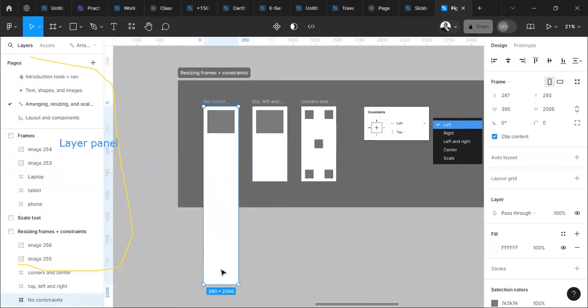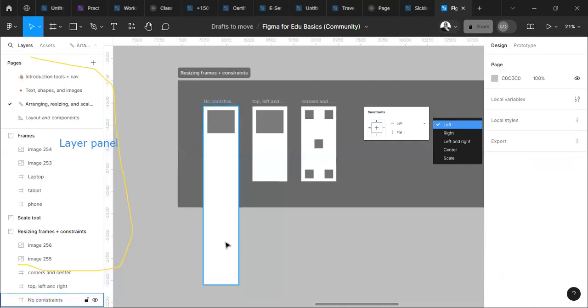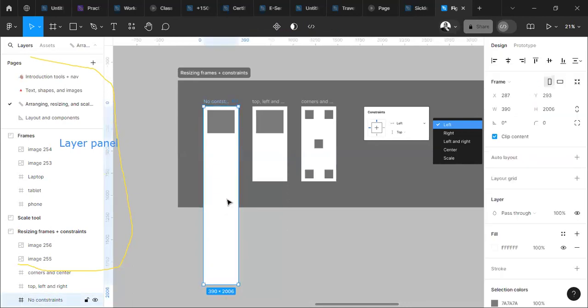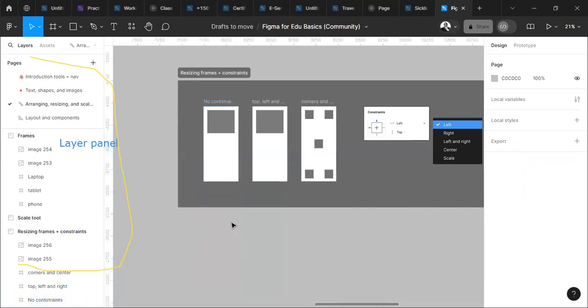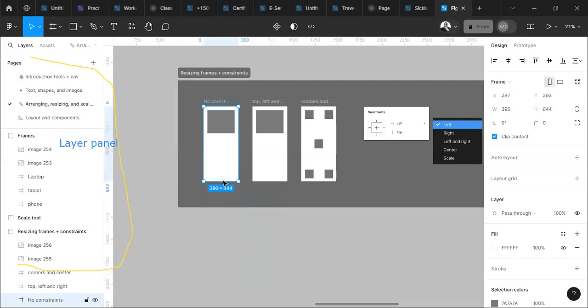All I need to do is just pull down the frame from the base of the frame. I pull down the frame. Let me undo that and let the frame snap back to its normal size. Frame, snap back, undo, Ctrl Z, Ctrl Z, Ctrl Z. Yes, we're back. So all I need to do is select the frame, and